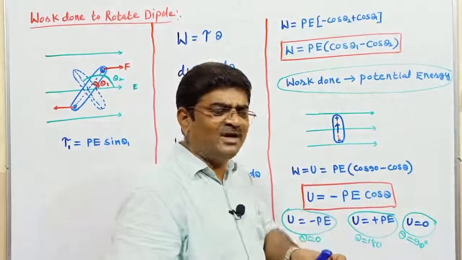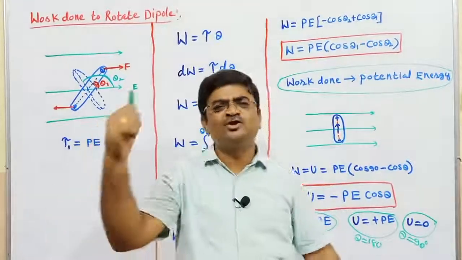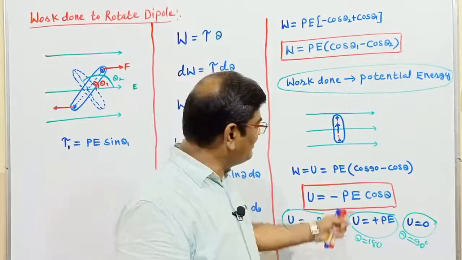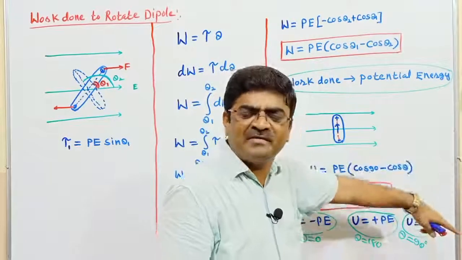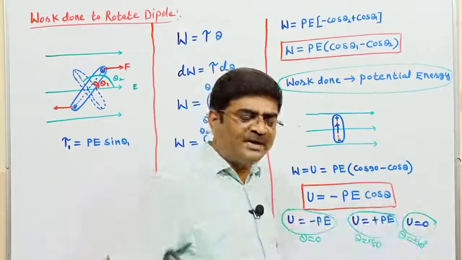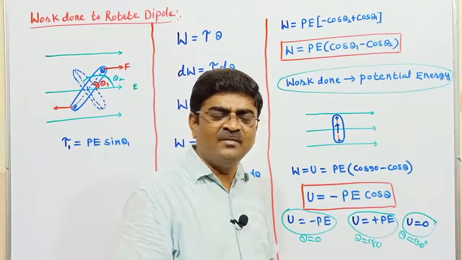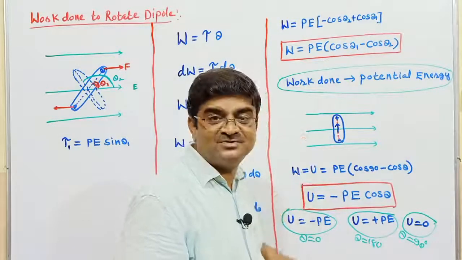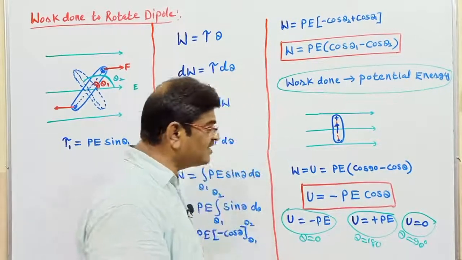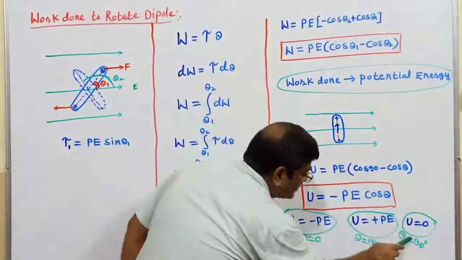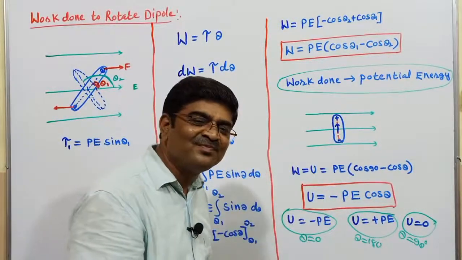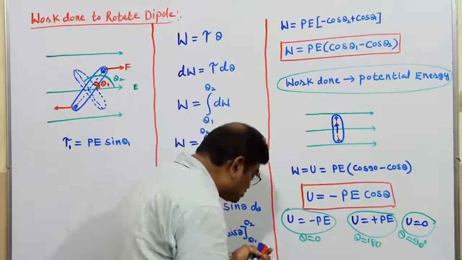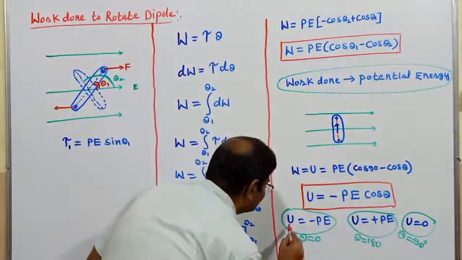See, now again you may have questions: sir, why was the reference taken like this? My answer is that it is conventional. You will have a different equation if you take the reference position as parallel to the dipole or parallel to the intensity. But conventionally it is decided to have this as the reference position. So in that case I can very easily see the potential energy at the reference is 0. When the dipole is parallel, you have got minus PE, and this is the minimum potential energy.